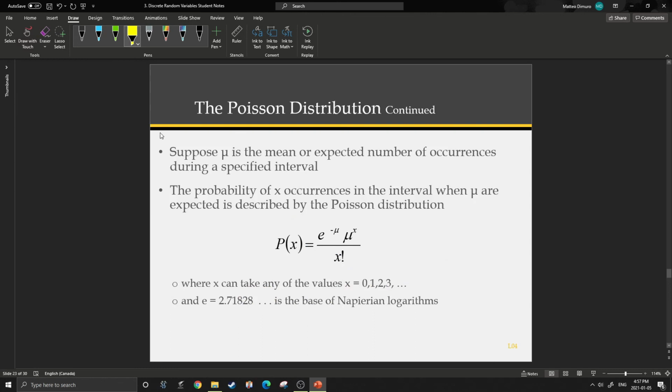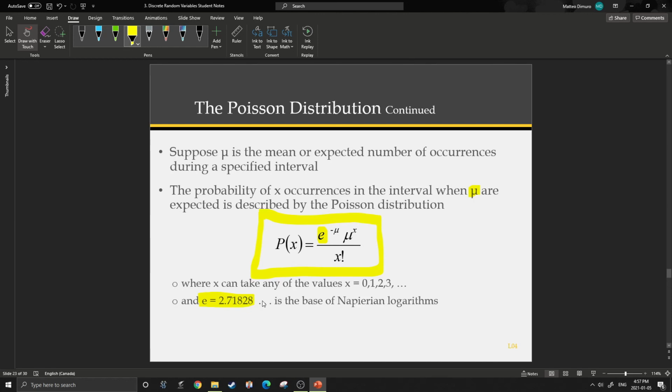Well, if mu is the mean or the expected number of occurrences during a specified interval, the probability of x occurrences in the interval when mu are expected is described by this formula here. Okay, now there's a lot going on here. This here is not a variable. It's actually a special number called Euler's number, or the base of the natural logarithm. So it's a stand-in for the number